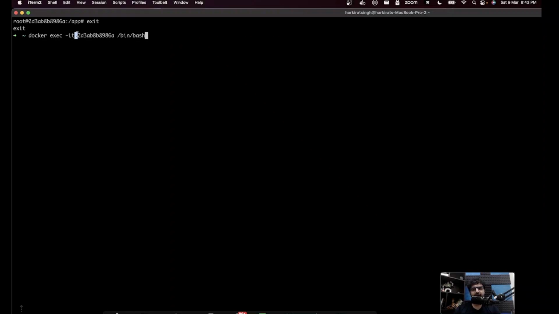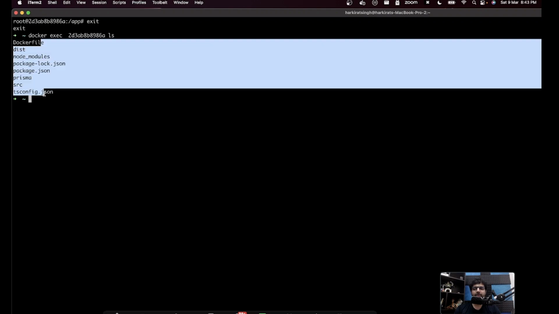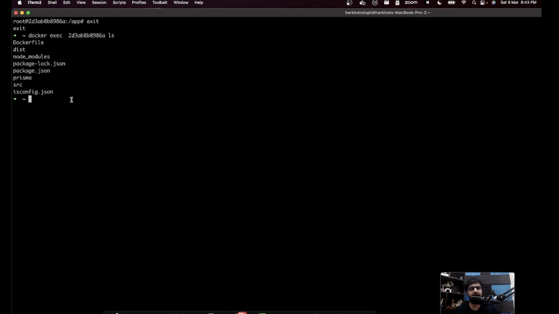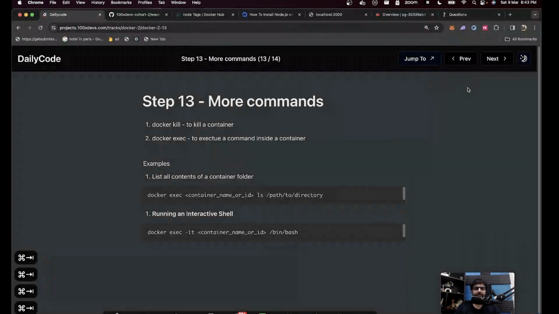You can run them interactively, or you can simply be like, hey, I don't want to run them interactively. Docker exec on this container ls. Then what will it do? It will just run ls in this container and return you and exit out. You're not running it interactively. If you want to run it interactively, then -it. Cool. Hoping that's pretty straightforward. That's pretty much it. That's a decent chunk of Docker.